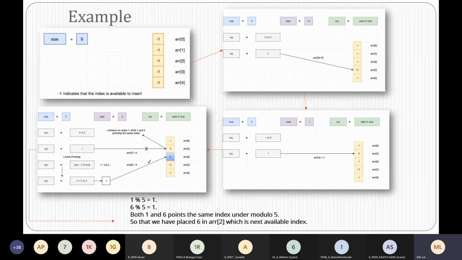Now going to the last box, you can see we have to place data 6 into the hash table. 6 mod 5 gives you the value 1, but 1 is already filled up with data 1. So now linear probing comes into the picture. We have to find the next available space.